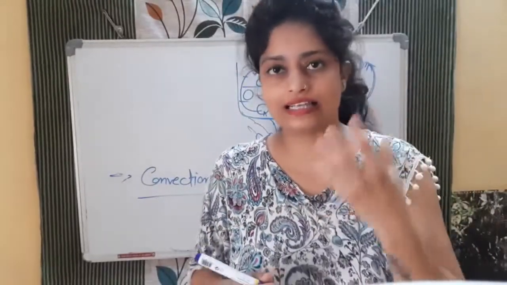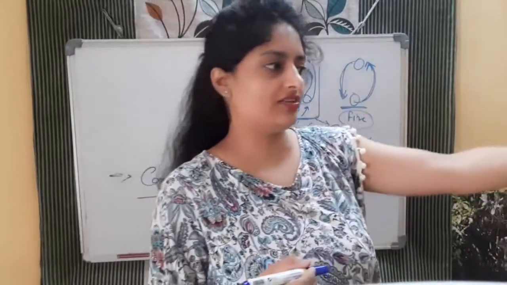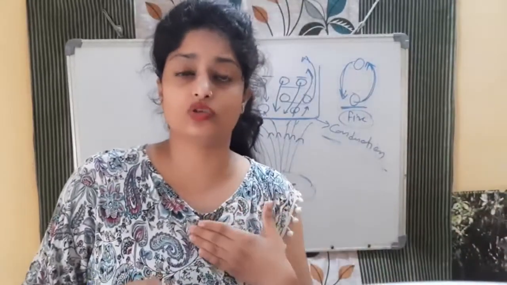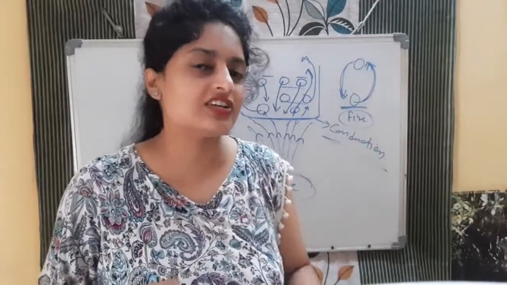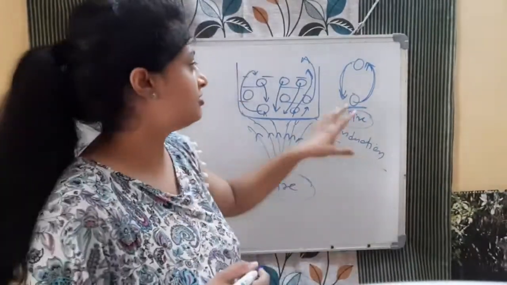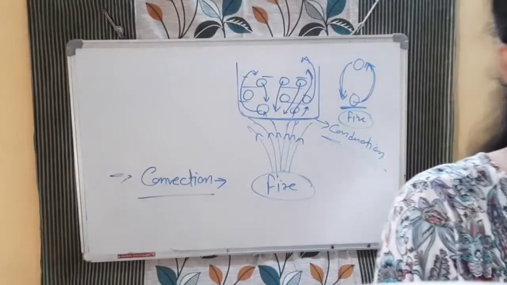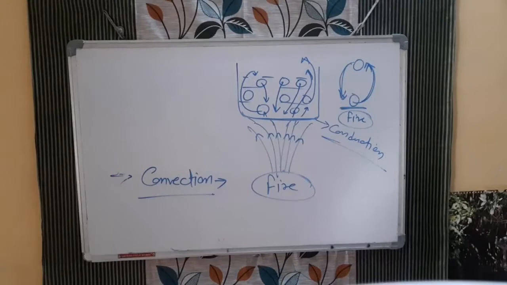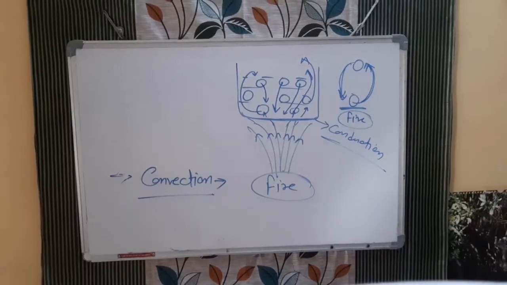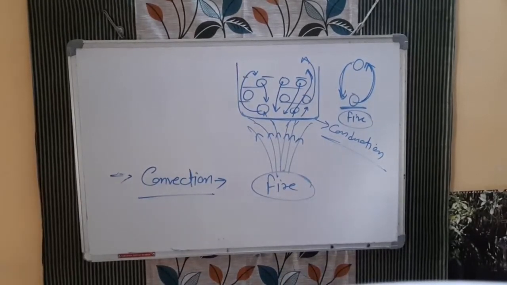Like the class example I told you, in the first case when I ask one of the students for the notebook, they transfer the notebook to each other and finally the notebook comes to me. But what will happen if the last bench student comes directly to me and gives me the notebook? In that case the molecule is changing its position and then transferring the energy. That method is known as the convection method. This method happens in liquids and gases. We can simply say heat is transferred in liquids and gases, or fluids, from higher temperature to lower temperature.